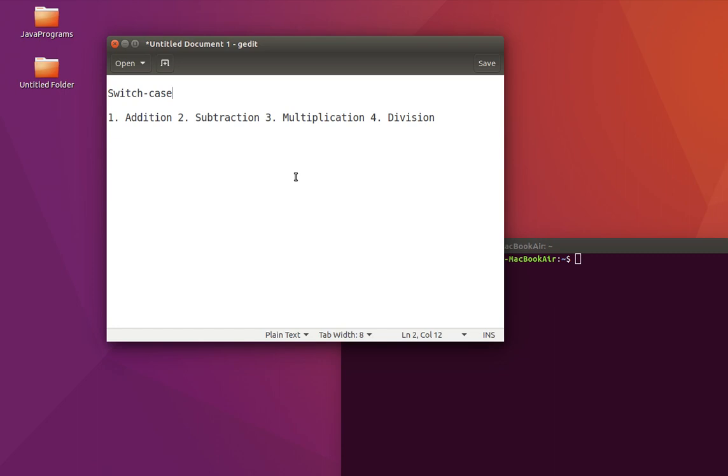Whenever you reach out to customer care, the moment you reach them, they say choose one for Tamil or two for English, three for other languages. If you choose something else, it will tell you the option you have chosen is invalid, choose from the following options. So it says again. That's what we're going to do with switch case. It is a selection. So based on the input, a set of code gets executed. Let's take a look at how it works.